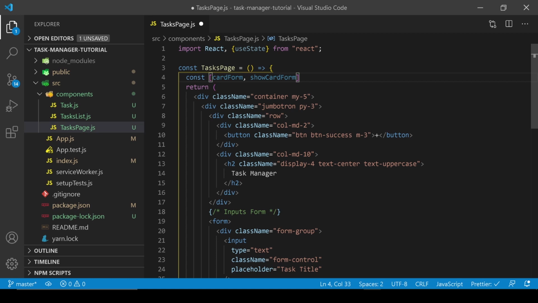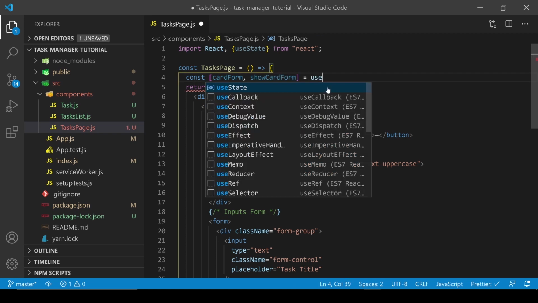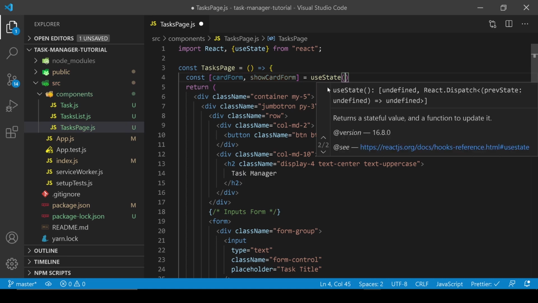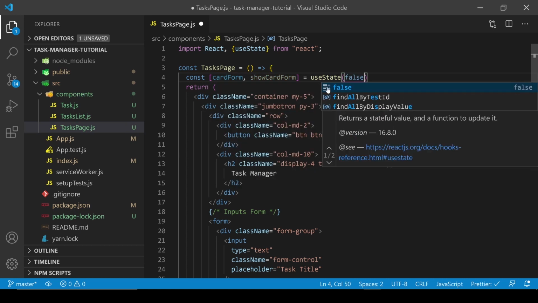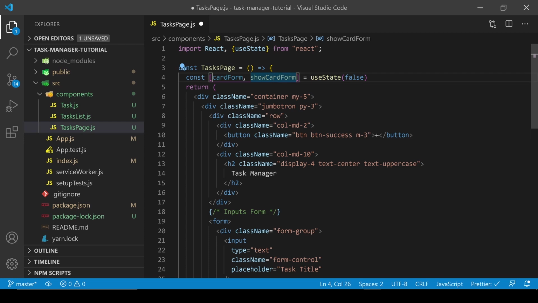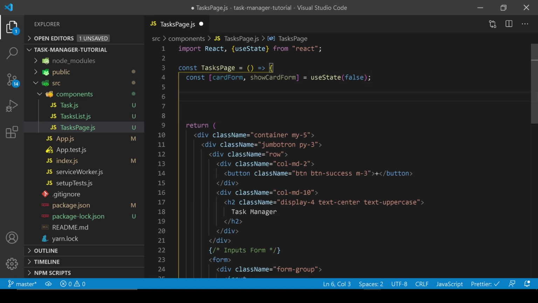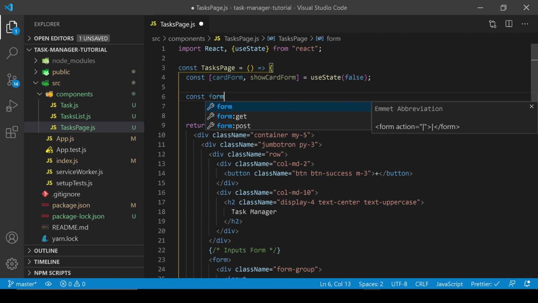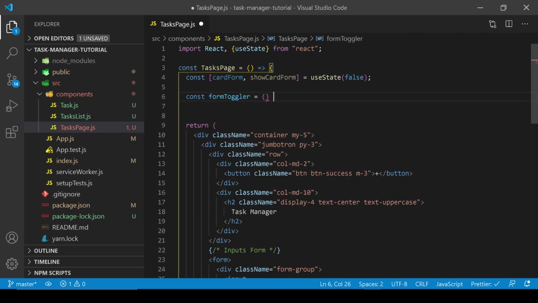That's gonna be the set state method. Okay, so use state, and we're gonna use false by default. That's gonna be the closed one. Okay, and let's create the function to open and close. Okay, const, we're gonna name it form toggler. Gonna use the arrow function,